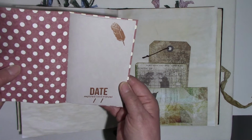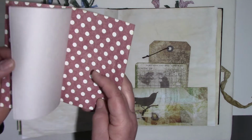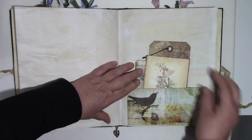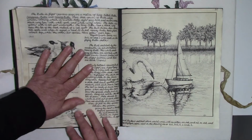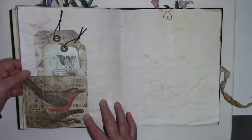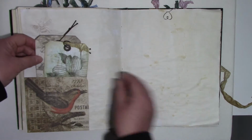Another little notebook stamped with a feather and date. Explored, lived, enjoyed, with that newsprint paper. So that's the second signature. The third signature, stamping, side pocket with a couple of journaling cards,